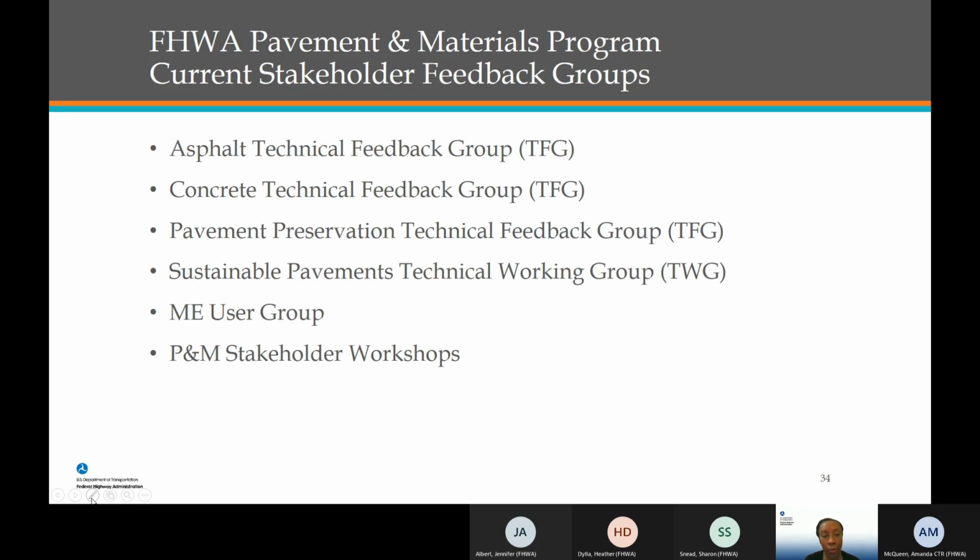We ran through presentations of almost all of those program areas and asked some very poignant questions through breakouts, where we really expected those stakeholders to be honest and critical of our program, and to tell us things they thought we could do better and things they thought we were doing really well. We've tried to take that feedback, not only from those workshops but from all of these groups, and incorporate it as a part of our strategic planning process. Next slide.